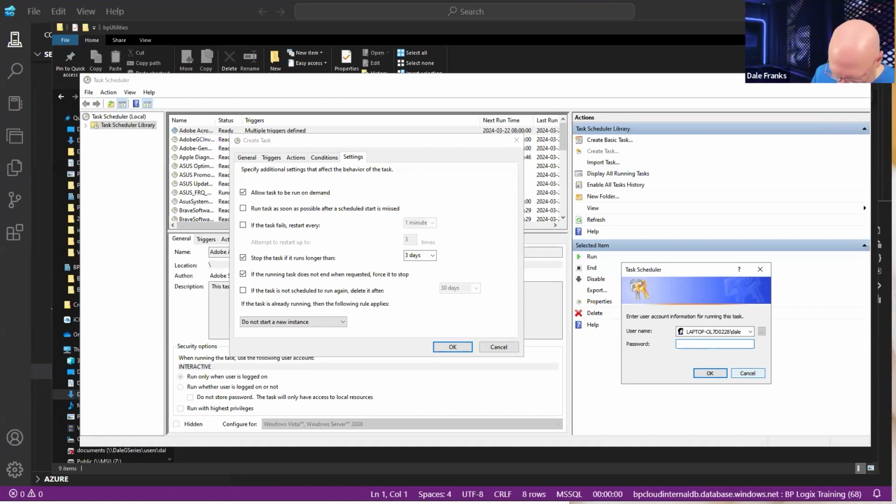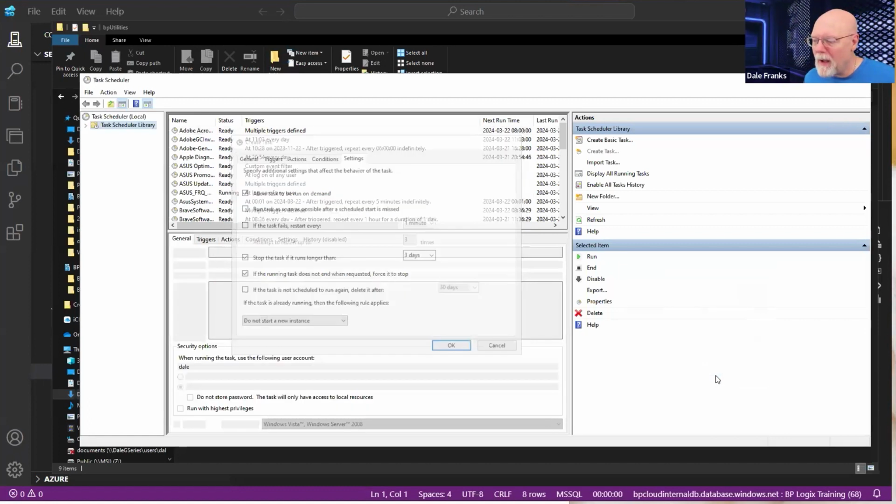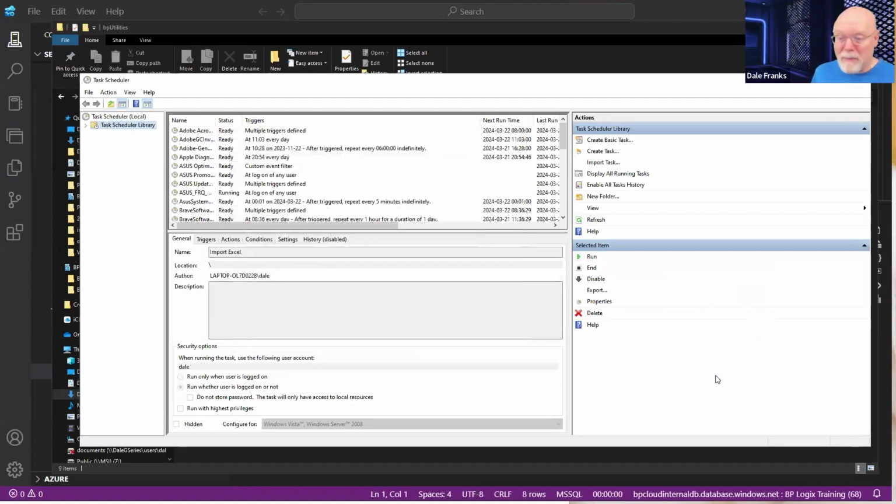Maybe it was what I thought. Okay, I guess I did know it. Actually, that was a different password, now that I think about it, than the one I originally put in. Again, Windows forces you to change your password all the time. I kind of hate it since this machine only exists in this office. But great, we've created our task.